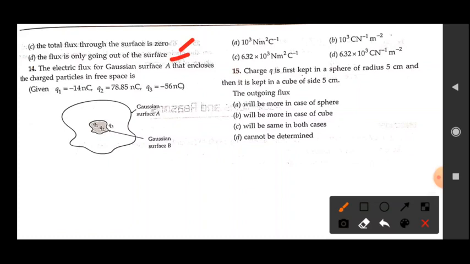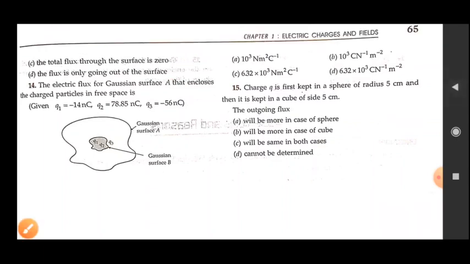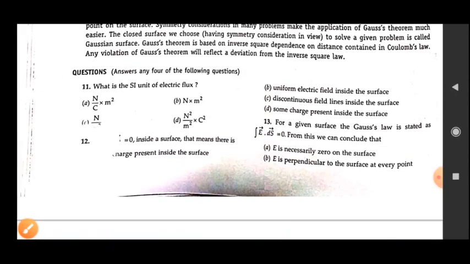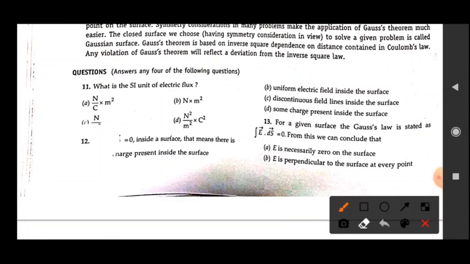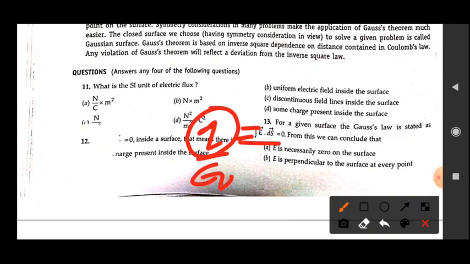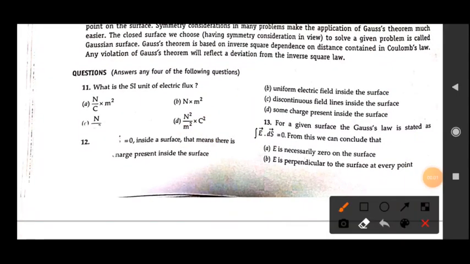In this whole discussion, let's see what it is representing. First let's see the first option. It is given that the electric field is necessarily 0 on the surface. It is not mandatory that if this integral is 0, the field is 0, since the integral is equal to q upon epsilon 0. So it is also possible that this q is 0. For that reason, students, our first and second options cannot be correct here.